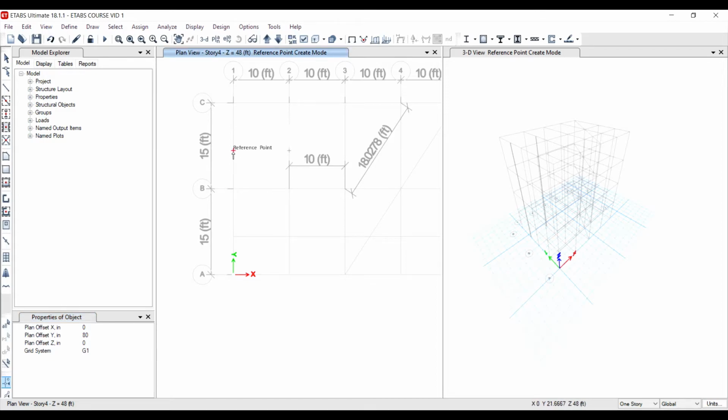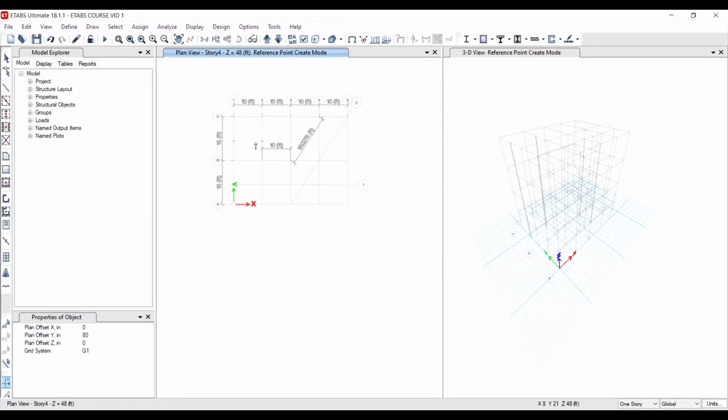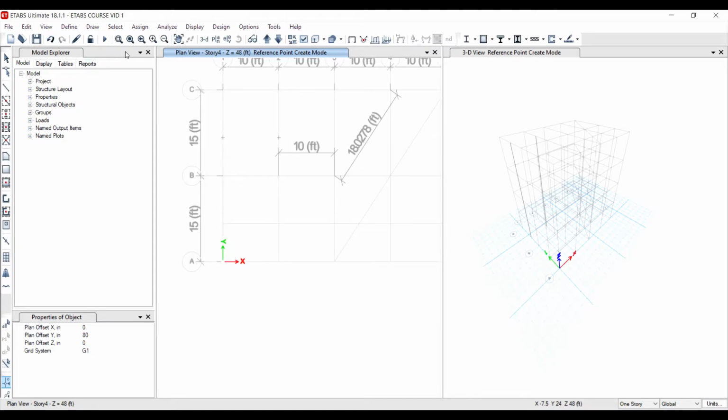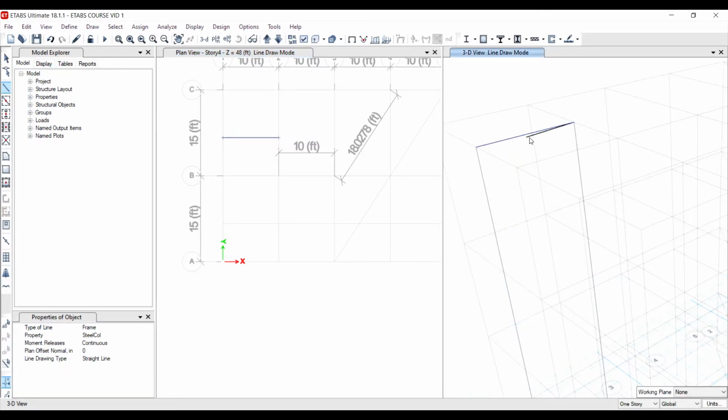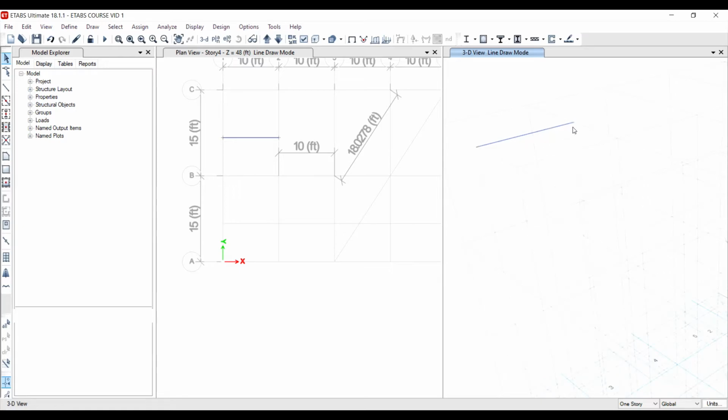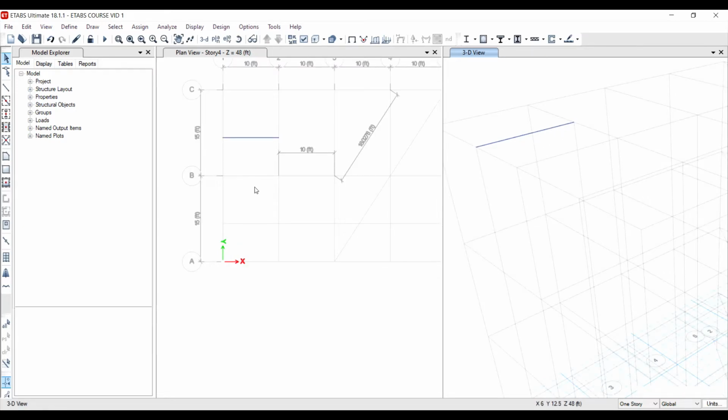See, these are the 2 points. Now, for your clarification, I'm gonna draw a beam here. This is not the first floor, this is the 4th floor. I'm gonna also show you in the 3D just after this. And voila, we have a beam. And you can see in the 3D